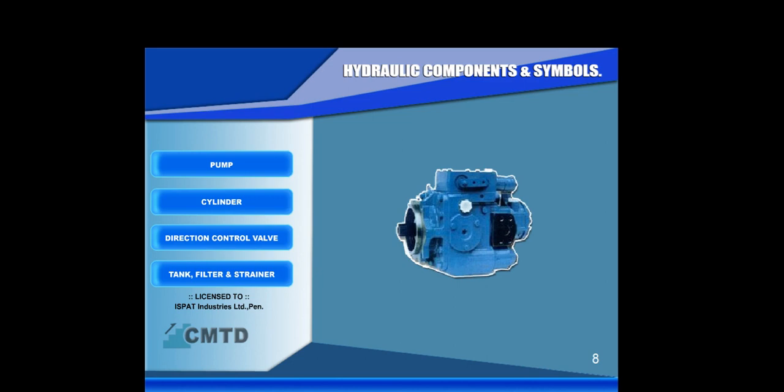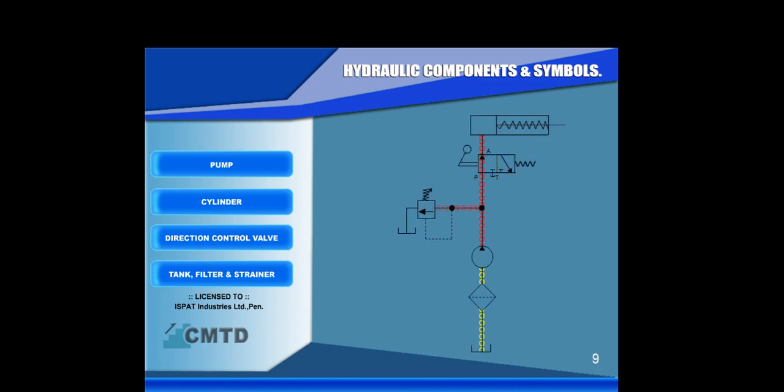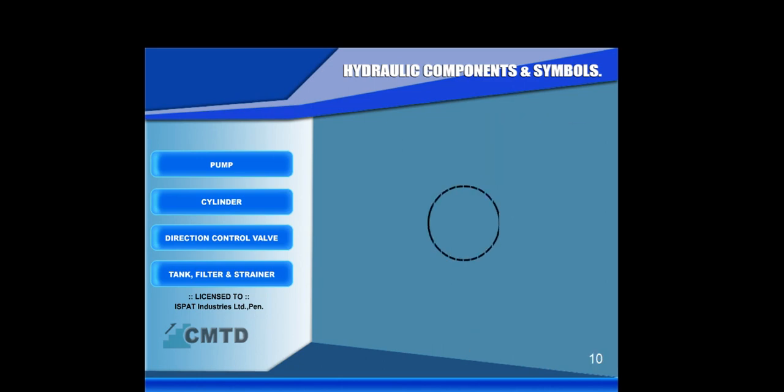Hydraulic pump is the main component in the hydraulic system. It pumps hydraulic oil into the cylinder and hydraulic motors, which produce useful movements. Hydraulic pump is a rotating component, so its symbol is made of circles. A completely filled triangle pointing outward inside the circle indicates the symbol of a pump. Two small lines indicate the suction and delivery of the pump.